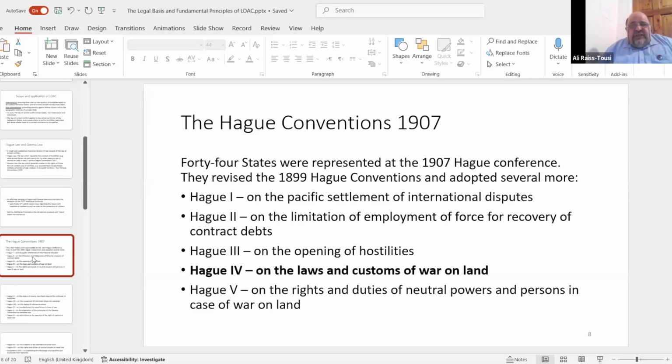So there must be a chain of command in an army. If there is not a proper chain of command, you will not be protected by the rules of the treaty. You must have a uniform or a fixed and distinctive emblem on you that is recognizable at a distance. Why? Because if you cannot be identified from ordinary civilians,